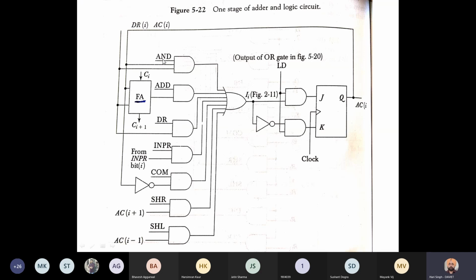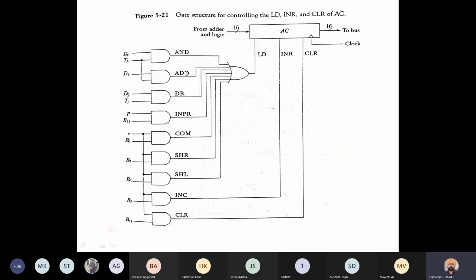Next, let us combine it with the ALU circuit. See, these inputs, AND, ADD, DR, are obtained from the previous circuit, like AND, ADD.